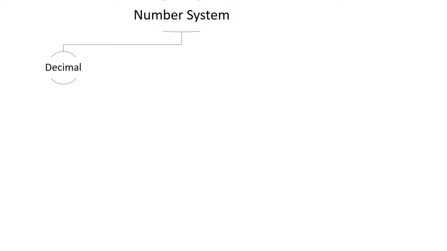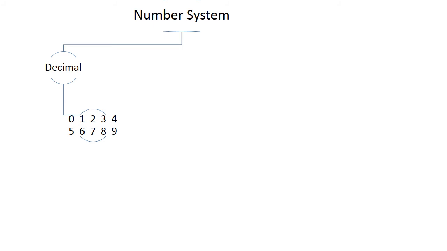In the decimal number system, we have 10 digits: 0, 1, 2, 3, 4, 5, 6, 7, 8, 9. These are the 10 digits that we use in the decimal number system. And after 9, whatever representation you write is a combination of these